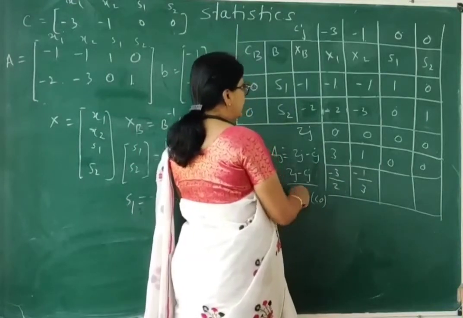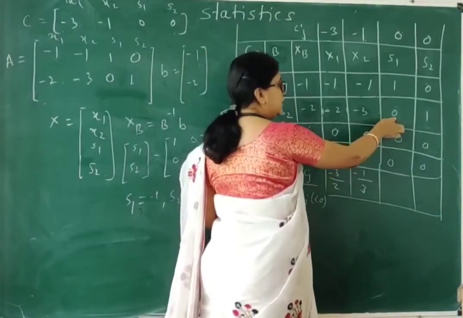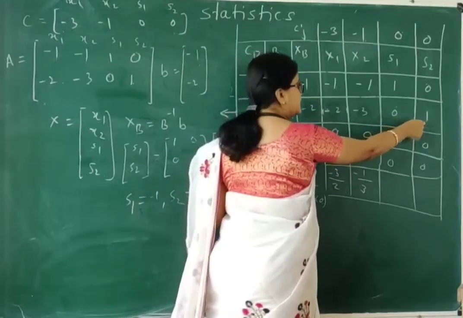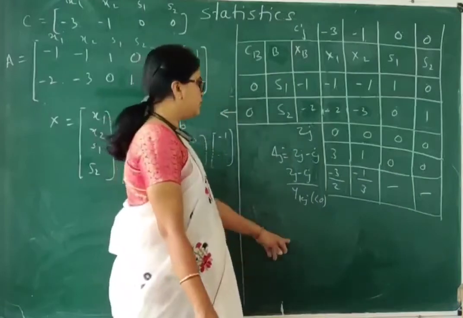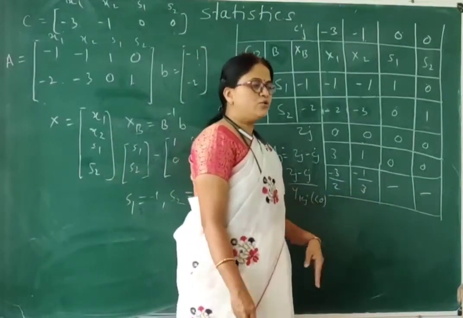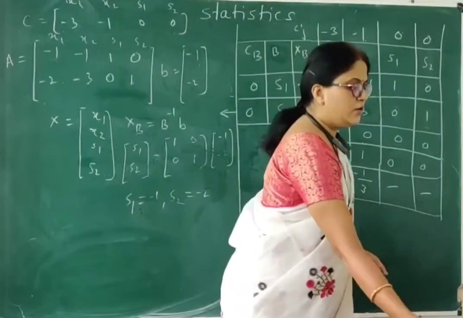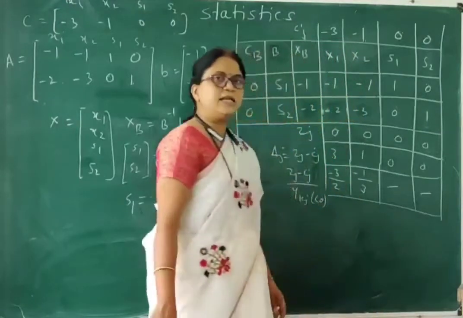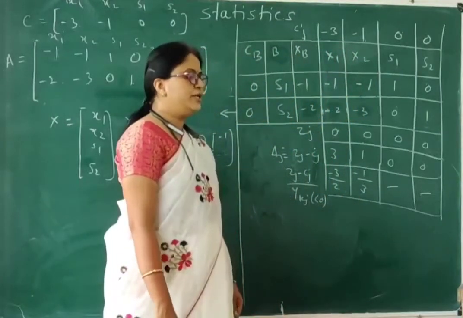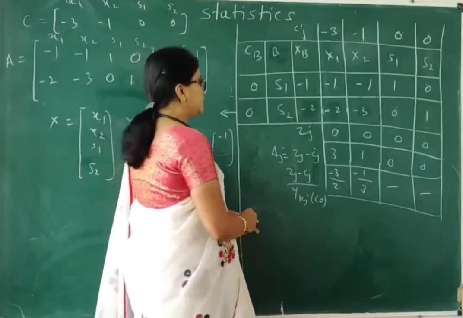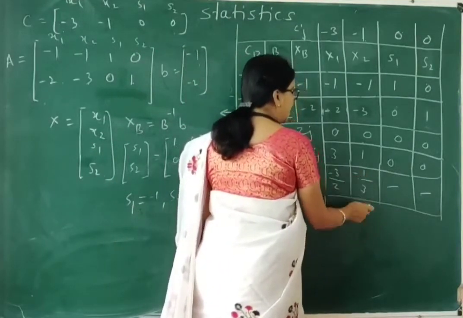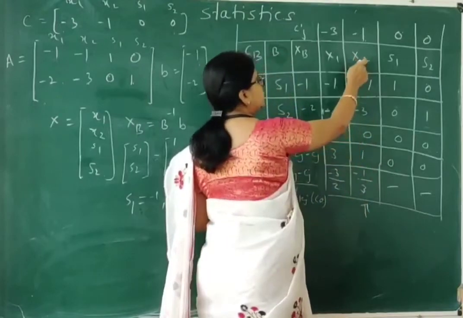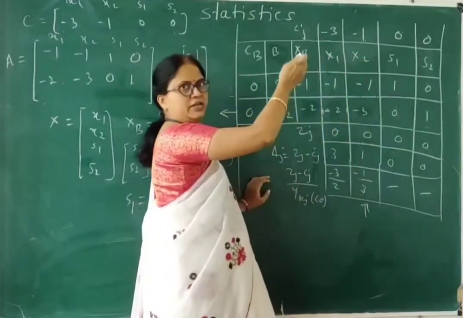Your YKZ is this. Is it less than 0? No. Is it less than 0? No. So these ratios are absent over here, and we have only two ratios. Out of these two ratios, we need to select the largest ratio. Out of these two, the largest ratio is this, and hence the variable x2 is now the entering variable.